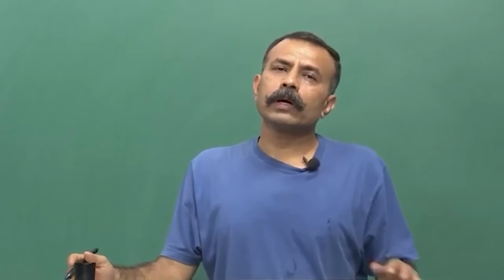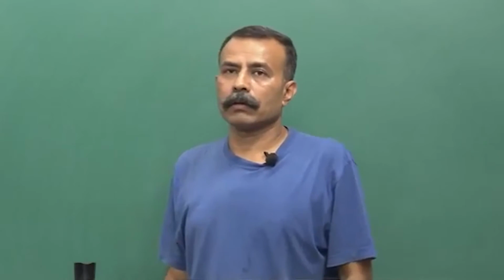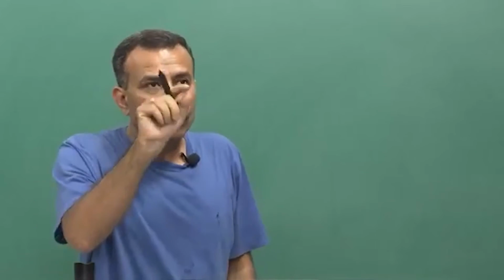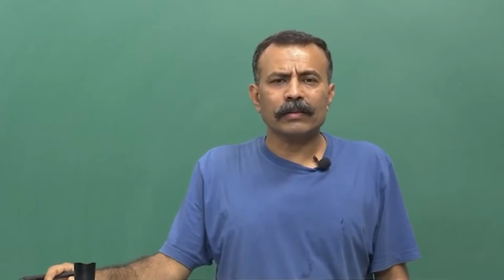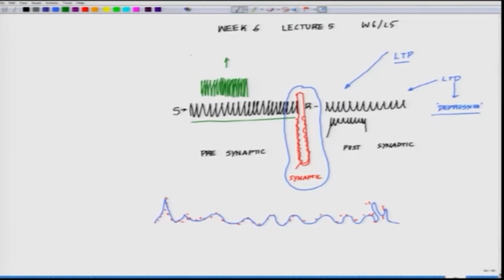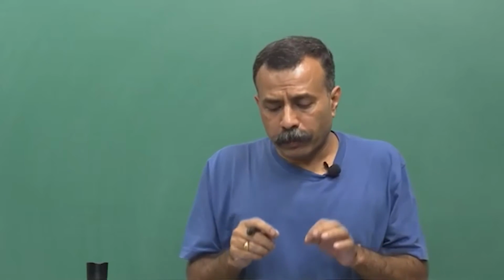Whereas, I gave you a counter example: when you see a snake or somebody just showed you something which could scare the shit out of you. That event, unlike this one out here, will be something like this, just a moment. If you see the time of the signal coming, if I say this is T1 and this is T2, definitely T1 is reasonably greater than T2. If you compare these two green traces,